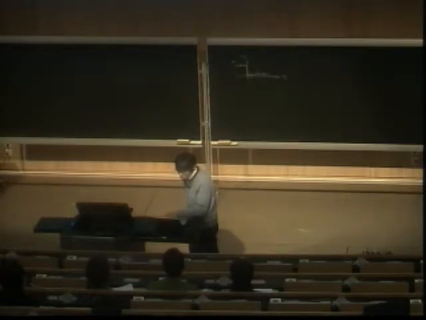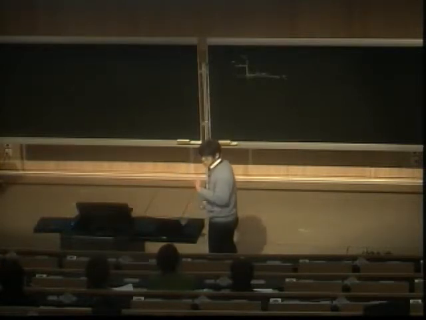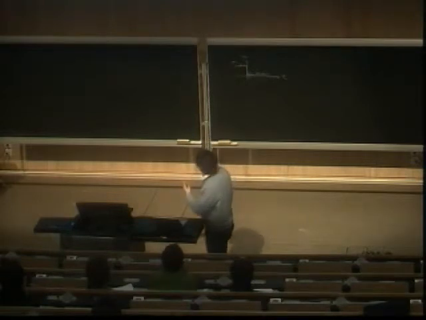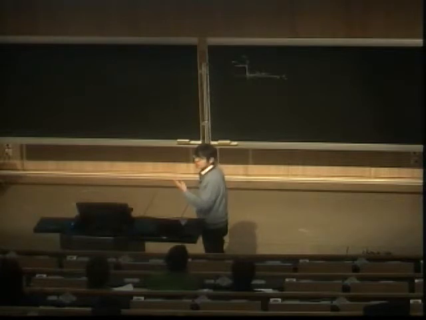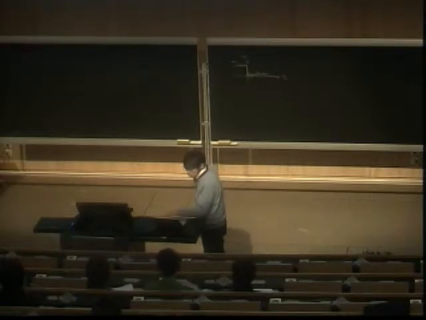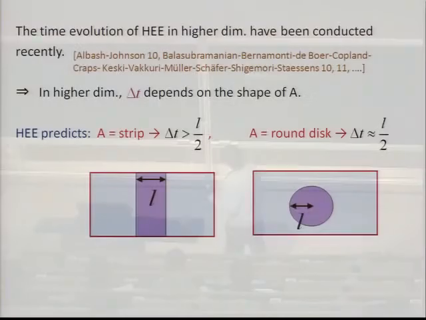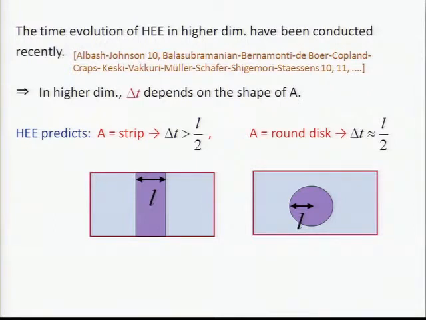But at the same time, the holographic approach has an advantage that we can increase the dimension. This field theory approach can only be applied to 2 dimensions, because we use the infinite-dimensional Virasoro algebra and conformal map techniques. But the holographic approach can be done in higher dimensions. There are several excellent works that have been done for higher dimensions, by Albash and Johnson, and Balasubramanian and collaborators. And they did this kind of calculation for the higher dimensional case.